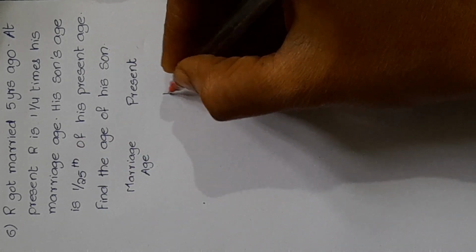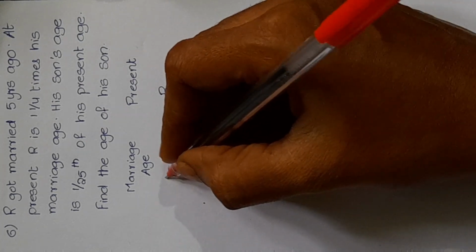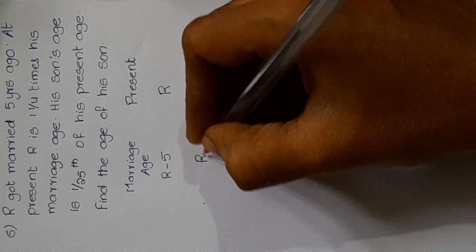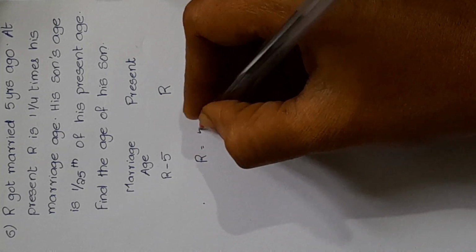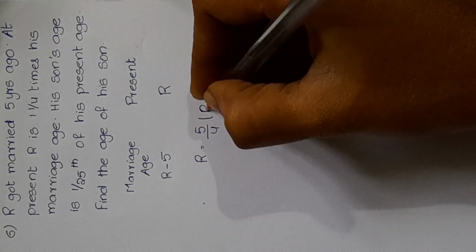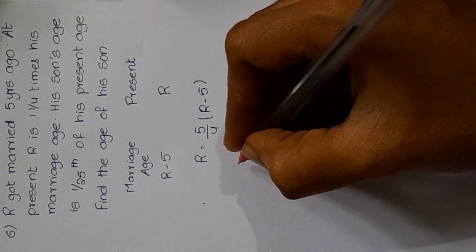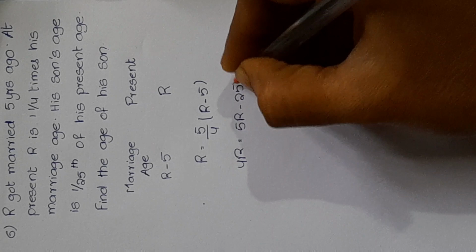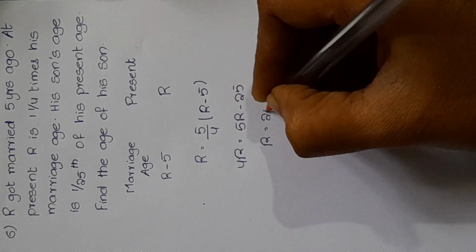Let the present age of R be R, and 5 years ago, that is the marriage age, be R minus 5. It is given that the present age is 5 by 4 times of his marriage age. So, we get 4R is equal to 5R minus 25. We get the value of R is 25